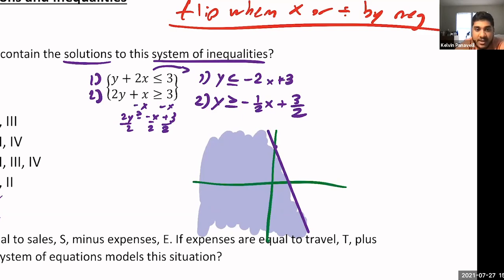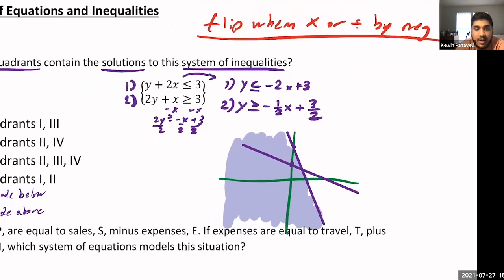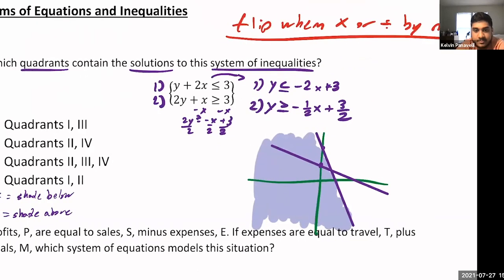So the next graph is y is greater than or equal to negative 1/2 x plus 3/2. So first thing, graph that y-intercept at 3/2, which is going to be a little bit above 1, right between 1 and 2. And then it's negative 1/2, so we're going to go down 1/2, right? And it looks something like that. And guys, A or B, are we shading above or below that line right there? Good. Y is greater than means we're shading above, right? So above means up. So that negative line, we're going to shade above that negative line.